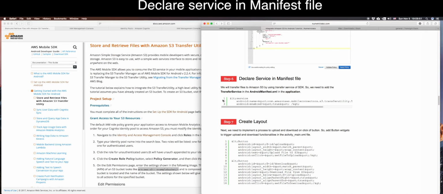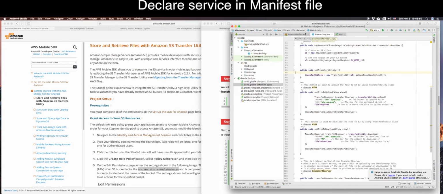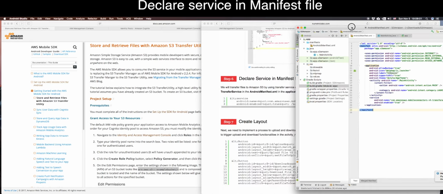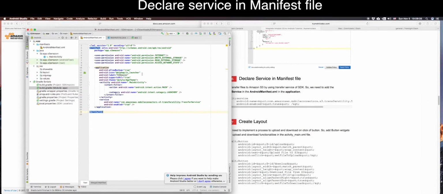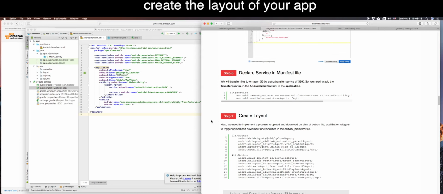Okay, so the next step is declare service in manifest file. But actually we don't need to do anything here because it's already there, right? So you can see transfer utility. So this one, the service is already here. Next step,